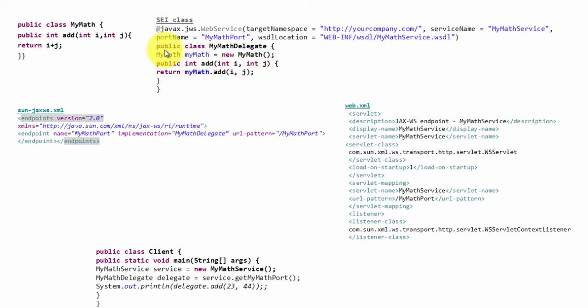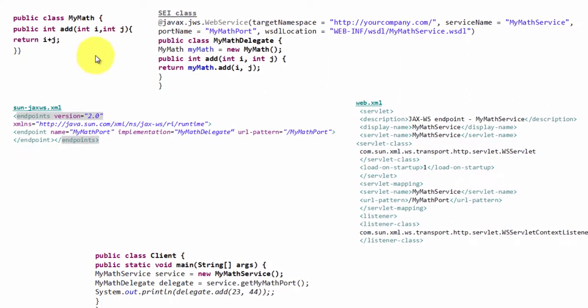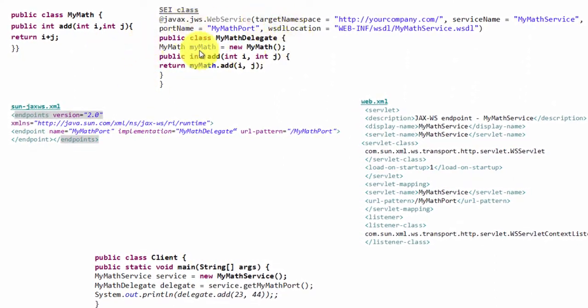So it is better to create a similar class with annotation and keep the actual class clean and neat. That is what we have done. We call this kind of design the delegate pattern. The web service annotation can be directly made on the MyMath program also. In that case, MyMath will become the service endpoint interface. But as I told, it is not considered a good practice to put all the nasty annotations directly on the actual logic. That is why I have written a delegate class.